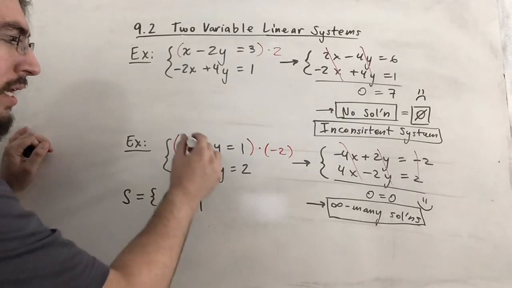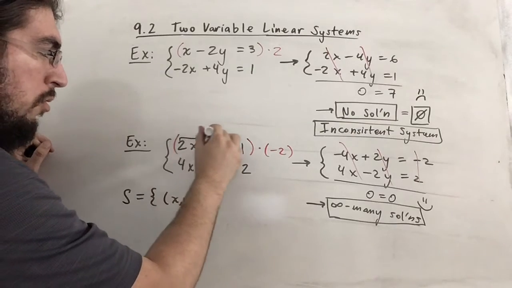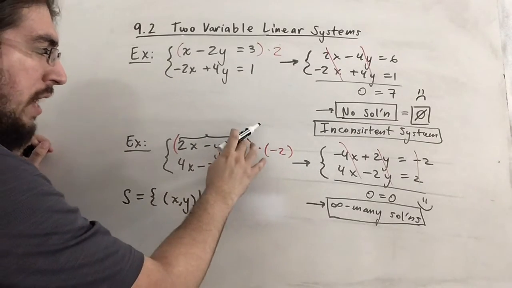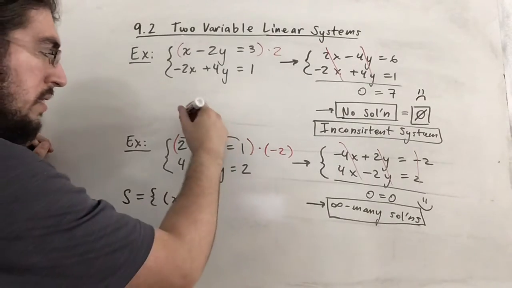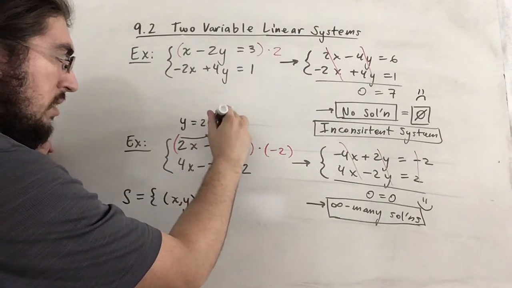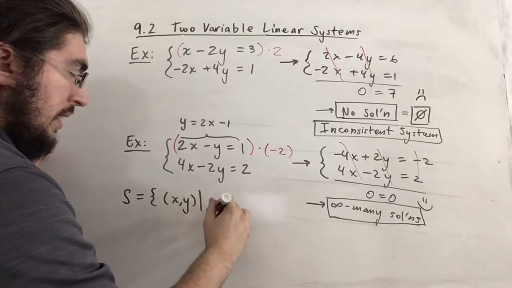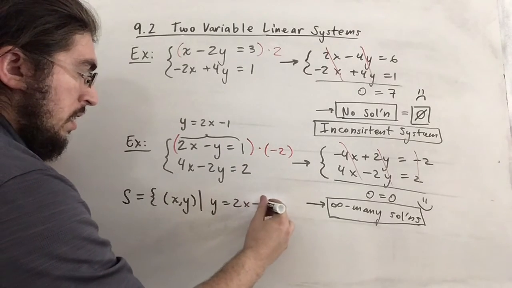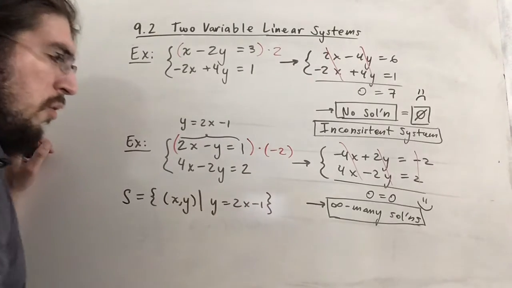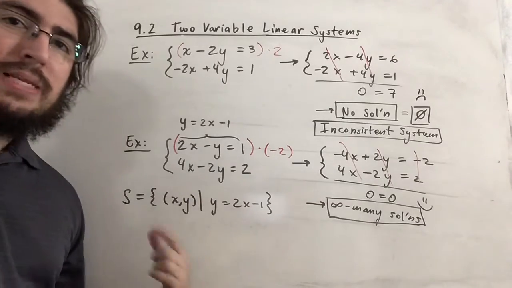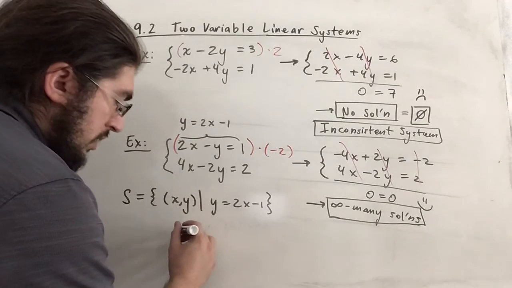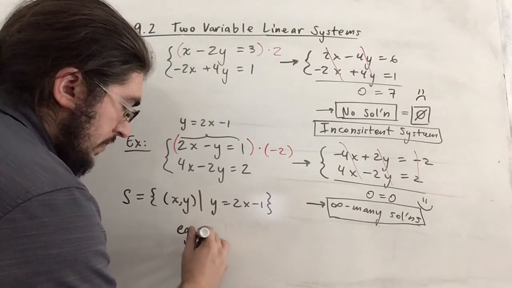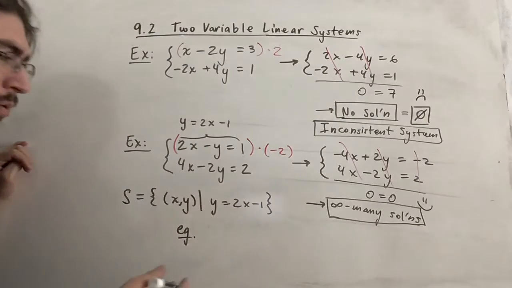And if we look at the top one here, before multiplying by -2, if we isolate y, subtract 1 and add y to the other side, we get y is equal to 2x minus 1. So let me say such that y is equal to 2x minus 1. There are probably other ways of phrasing this, but basically what this says is that every solution to the system would look like this. So just to give you some little examples,